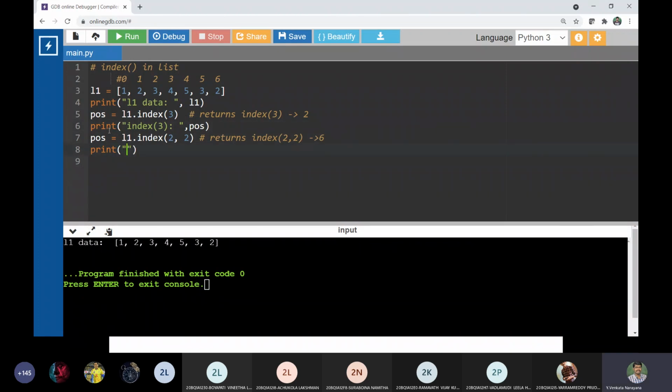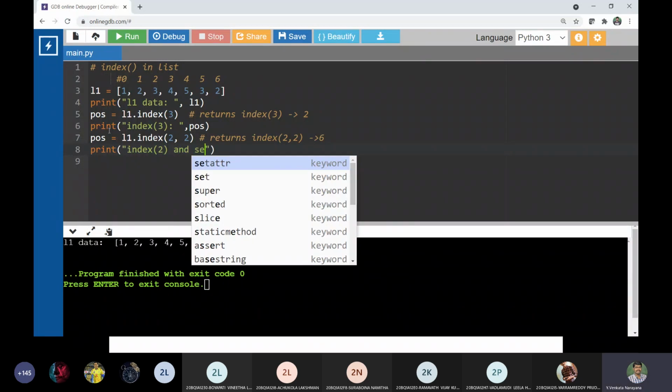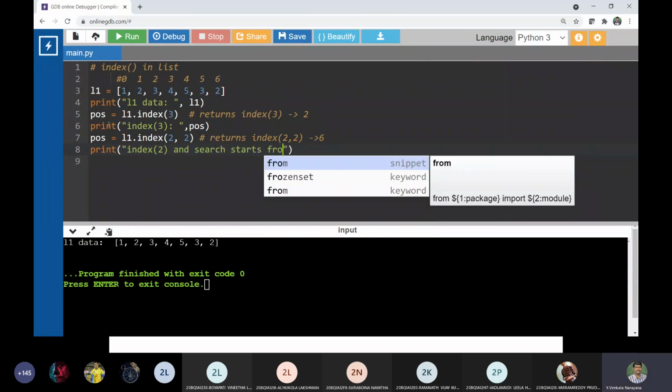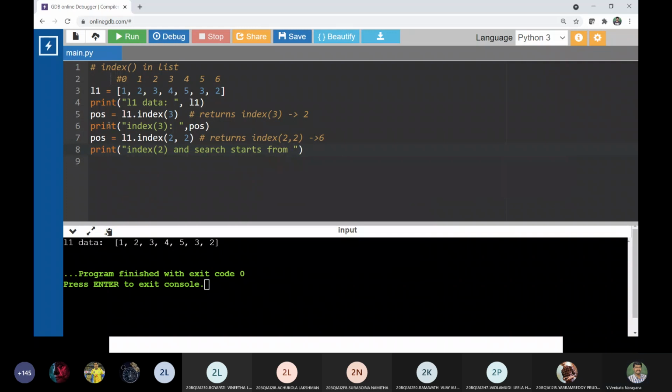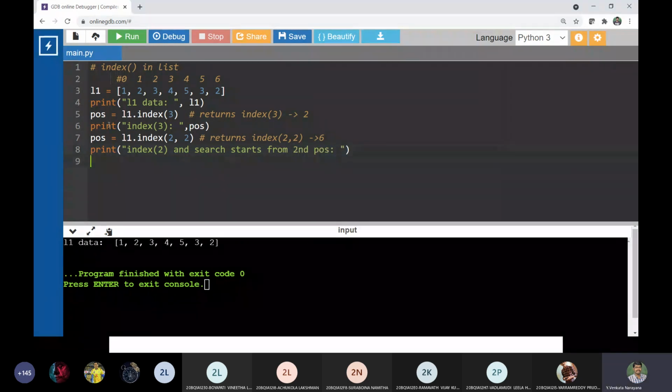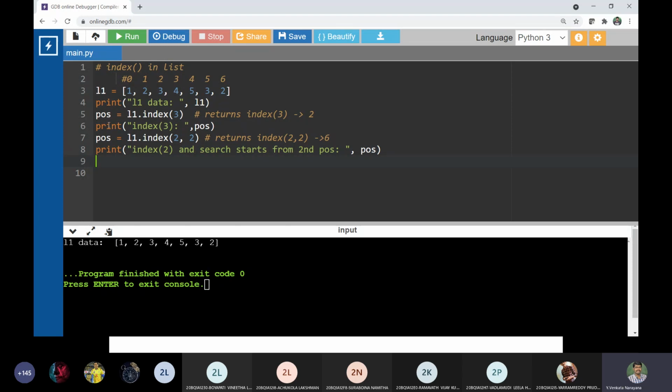It is the index of 2, and the search starts from the second position. In this case, the value is 6.